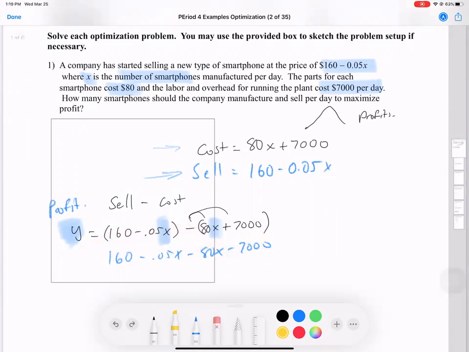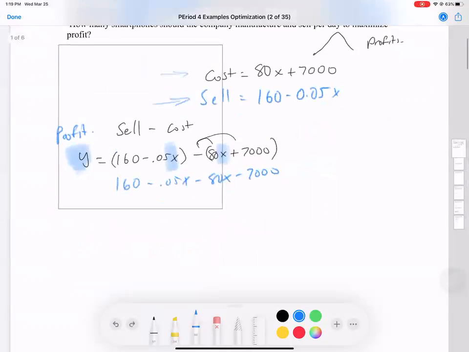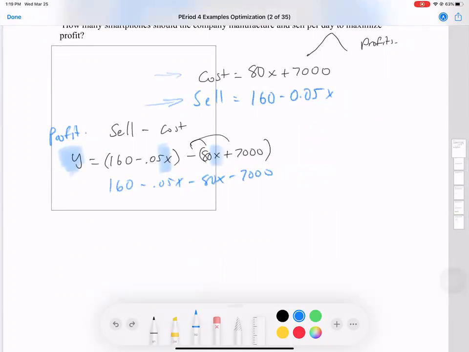Let's combine some x's. That's going to be negative 80.05x minus 7,000. Oh wait,